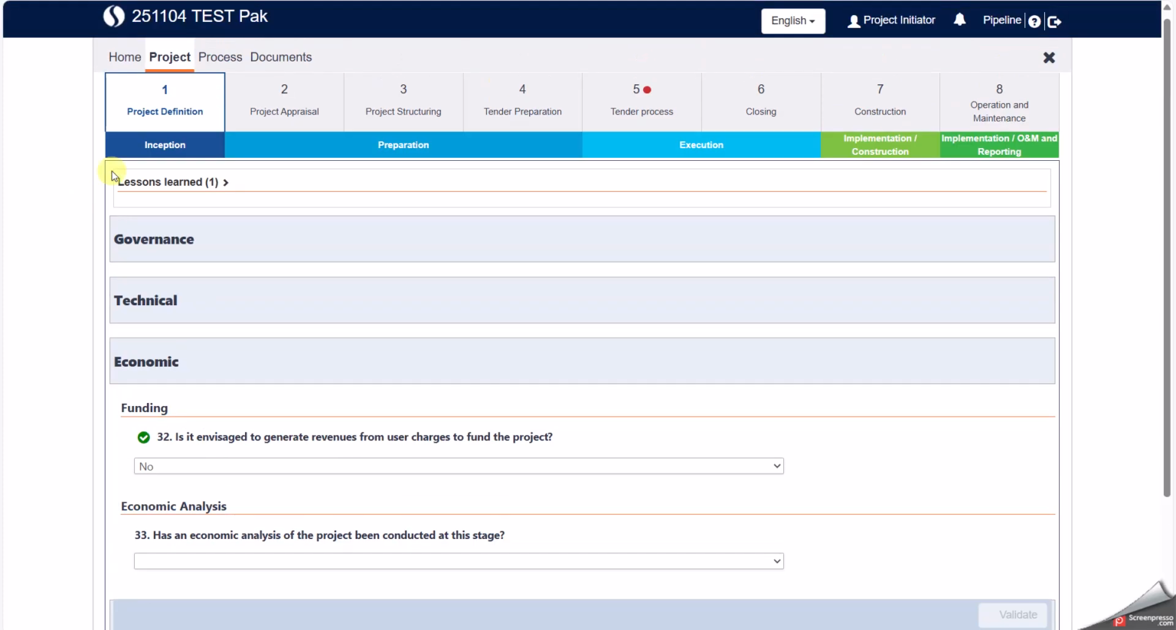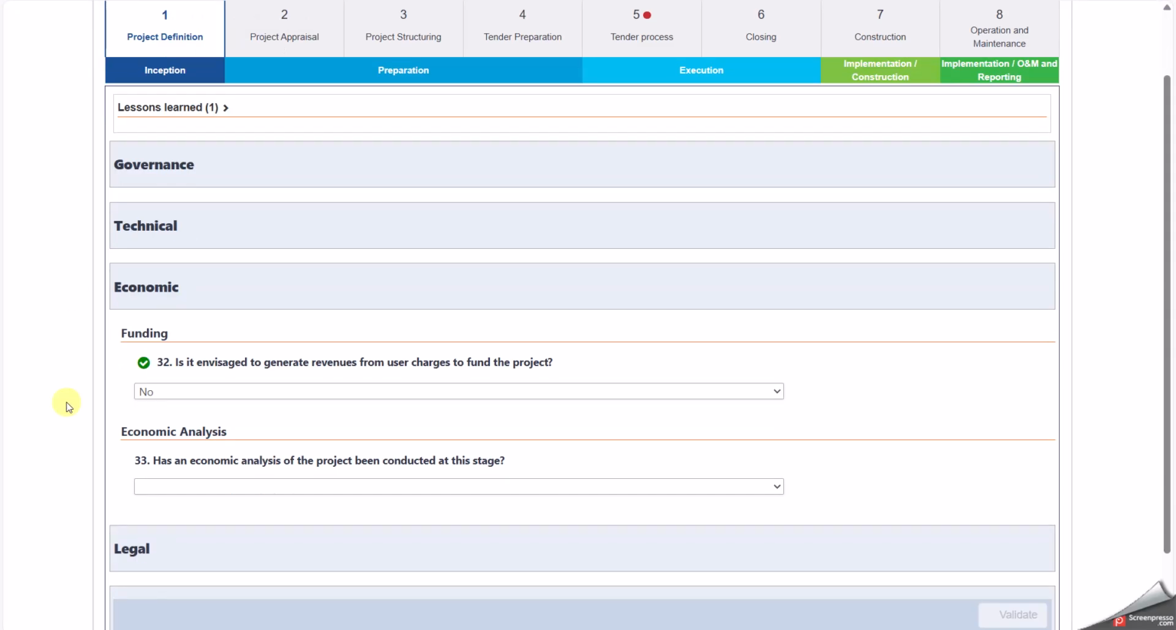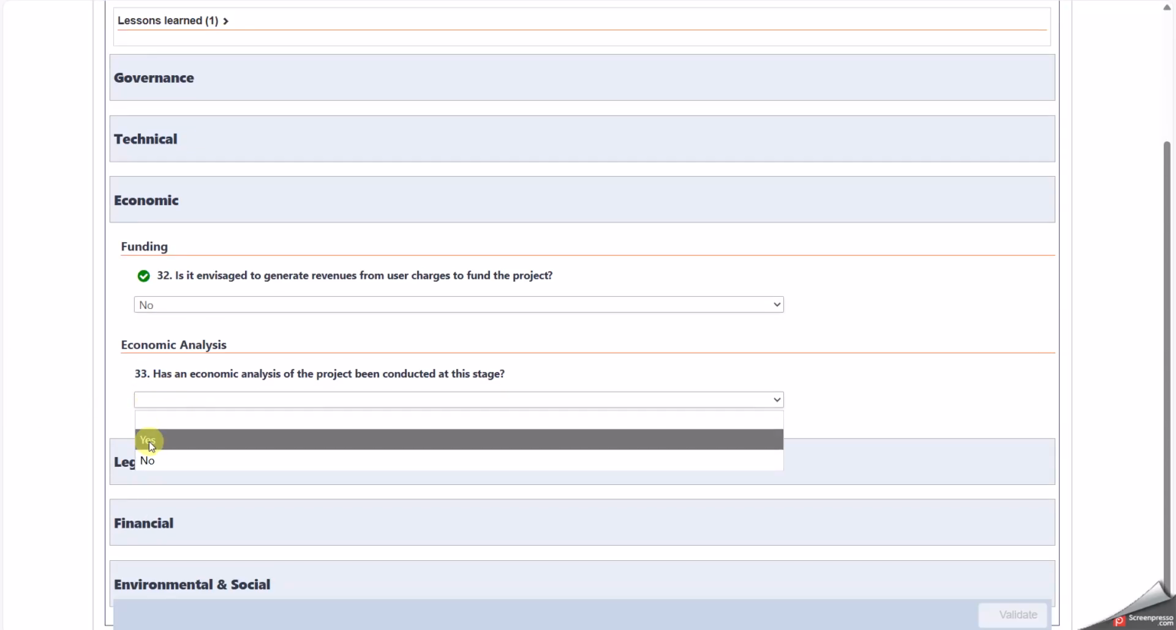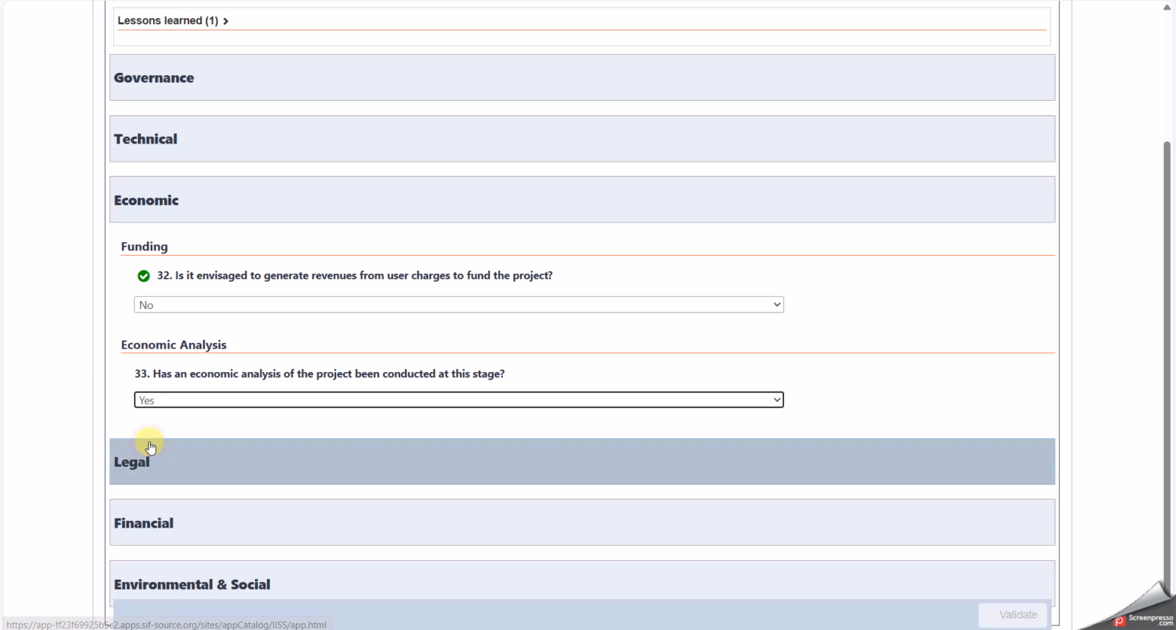You have to keep in mind that you are in the project definition stage, where the project has gone through a pre-feasibility or some conceptual development, and maybe some subjective sort of economic analysis has been done. Or maybe you haven't done an economic analysis, and you would want to do that during the project appraisal phase, where the project feasibility will be developed. So let's see what the answers are here, and it says yes or no. So let's say you select yes, and